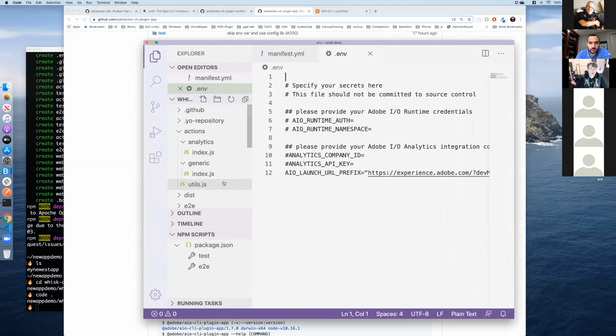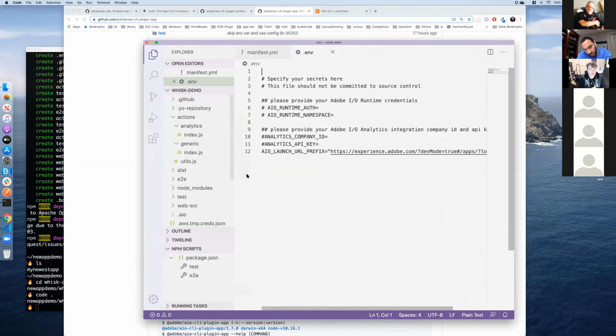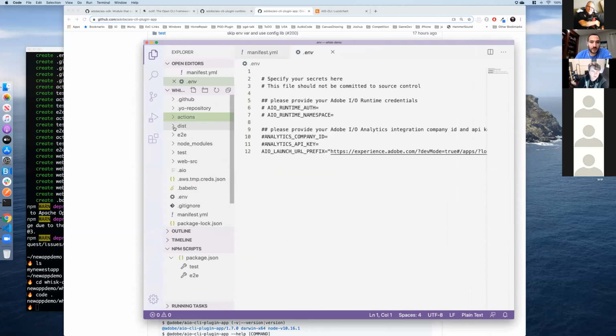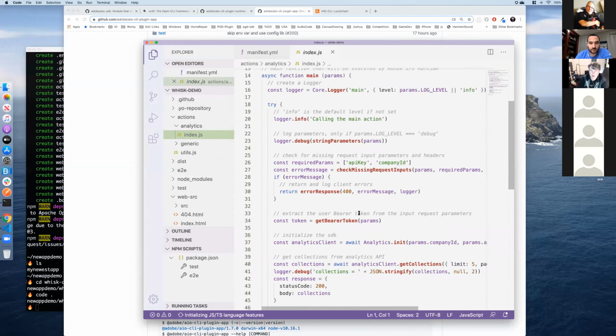Okay, so here's the layout of a cloud native application. At the top level, we have a web source, and this is where we're going to have some static content. At the same time, we have an actions folder, and in this case I only selected one API to integrate, analytics. So it's created an actual action sample.